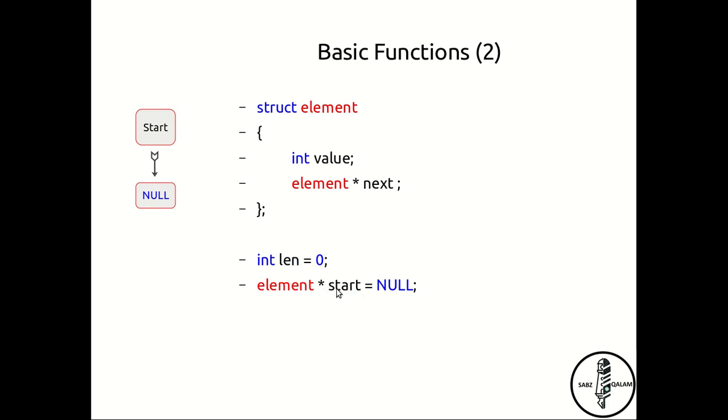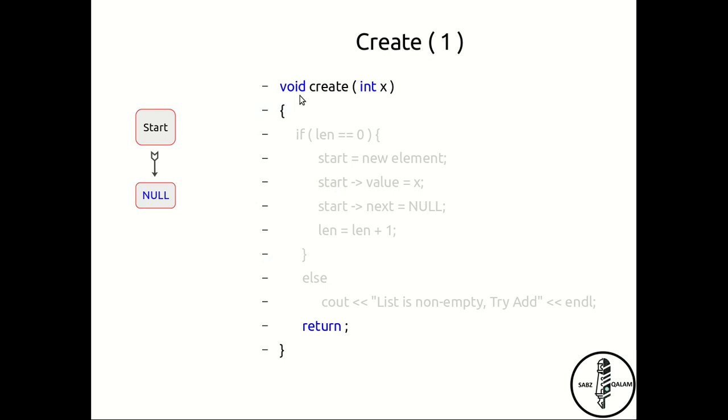And then we need a pointer that can point to our linked list. Because initially our linked list is empty, start has to point to null. Okay, so start has been initialized to null. Okay, and with these two variables you would realize that all our functions have now the return type void, because technically you don't need to really return anything. Because start is a global variable, it gets updated to point always to the first element of the linked list, and length tends to store what is the current length of the linked list. So you need an integer x because you need to update value for an element.